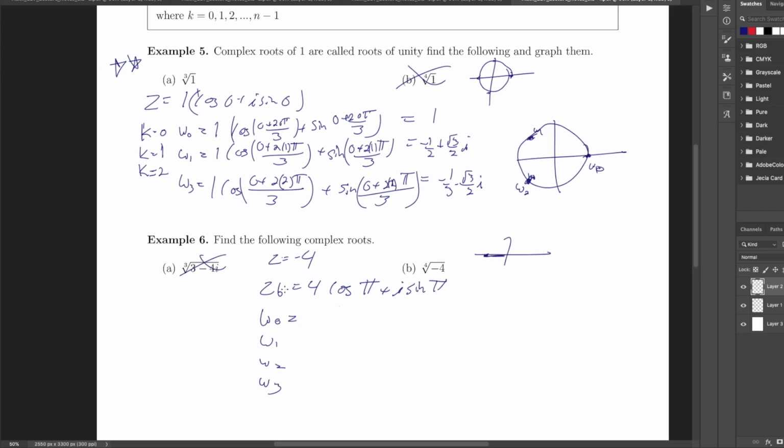And so notice when we take the fourth root of a negative number, this is complex, right? And so we'll end up getting all the roots, and we end up getting 4 roots, and so this becomes